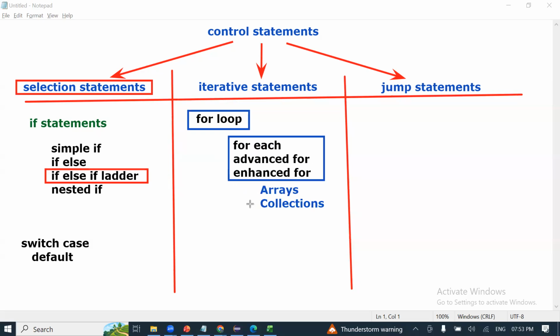It is called the for each loop because of what an array is. I'll tell you. Even collections, you will take another 10 classes to understand what collections are. It is like a group of elements. So for each loop, also called advanced for loop or enhanced for loop, is used with arrays and collections. In Selenium, we will use this a lot. It is called advanced or enhanced because initially it was not there in Java.